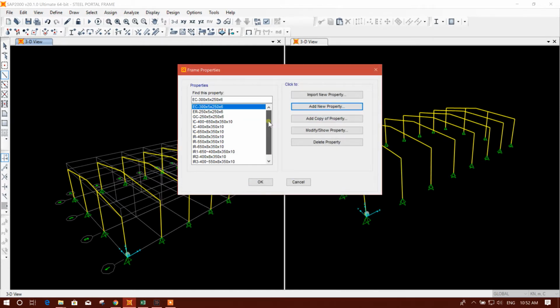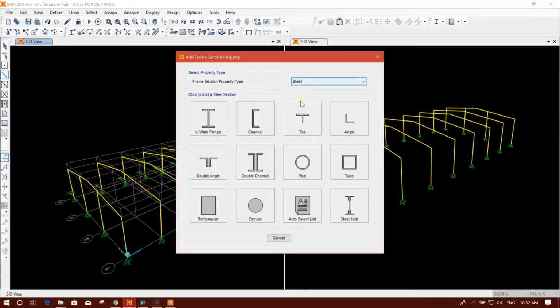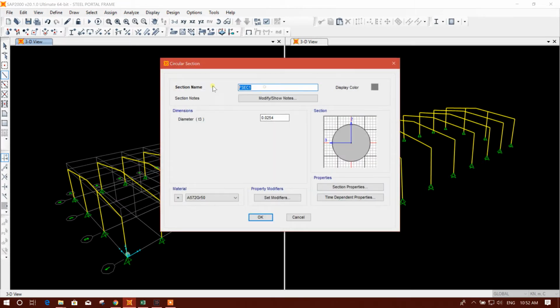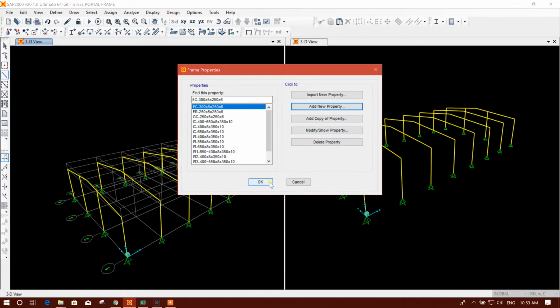and I will add bracing also. Add new property, steel circular. I'll use tension rod, 25 millimeter dia, 25, and grade will be this one as we have defined before. Okay,